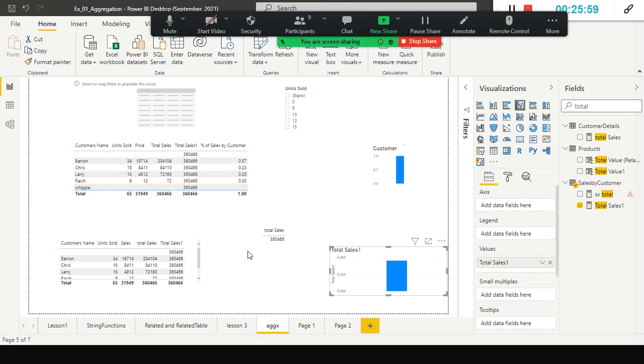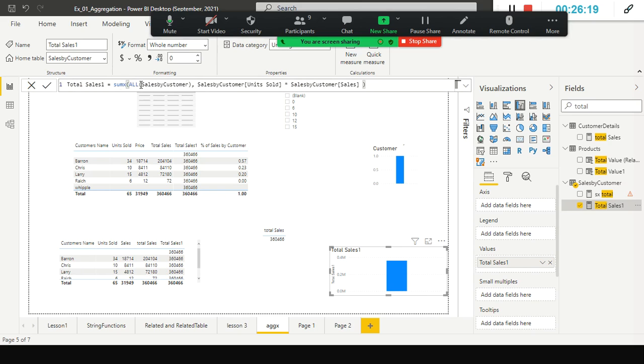Now if you want to compute the percentage of contribution by each customer, it is very easy, right? 204,104 divided by this one, 84,110 divided by this one. So in this case, I have used a function called the ALL function. The ALL function disregards the filters, irrespective of the filter context enabled by default. It simply ignores all kinds of filters, no matter what filter you use.